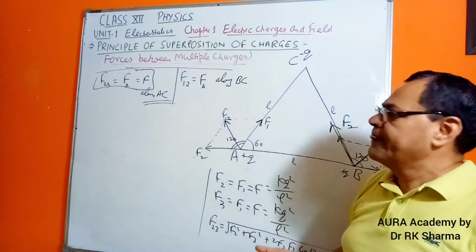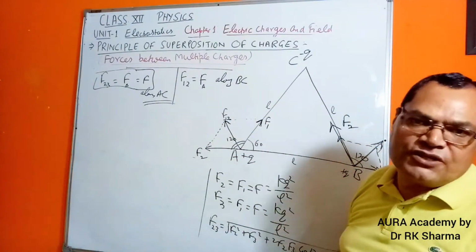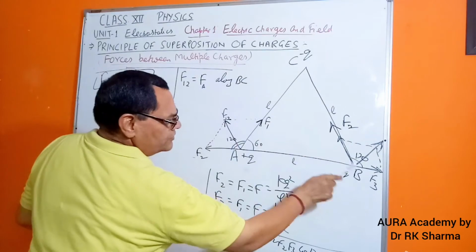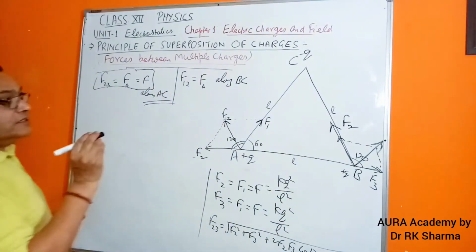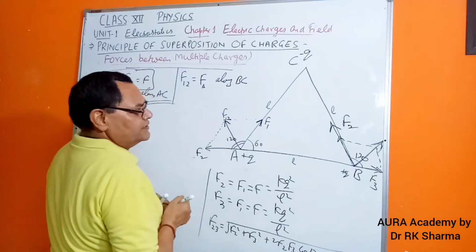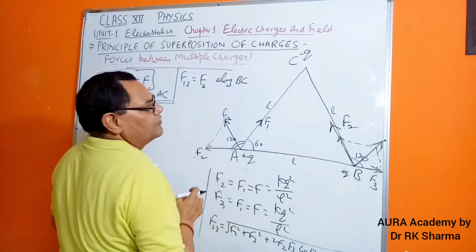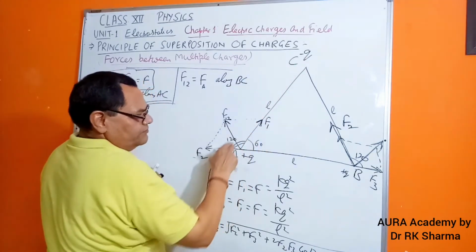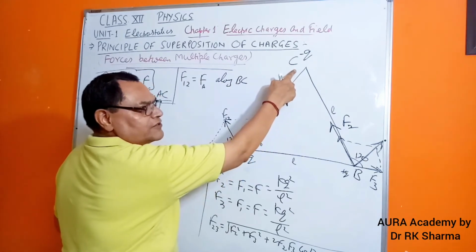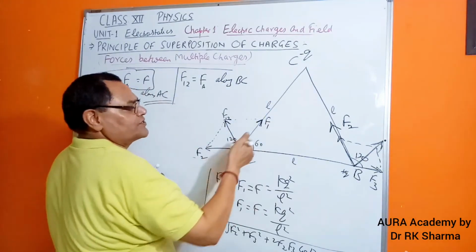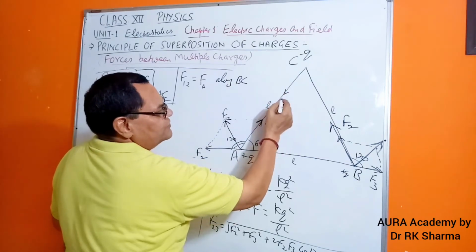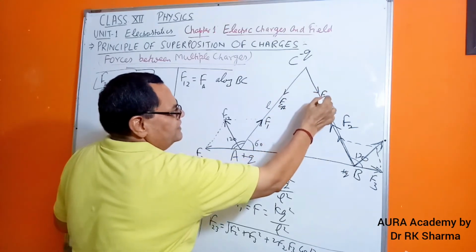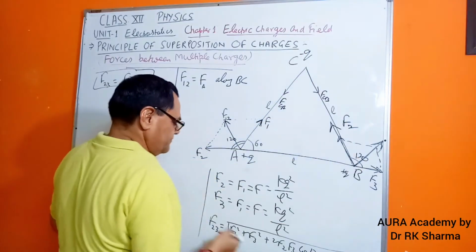So you say, sir, what is F? F is nothing but only KQ square by R square, simple, and values are known to us. So this way we got the total force at A, now we got the total force at B. Still the third point charge is left, so we need to find out the total force at this also. So when you talk about total force at C, what will happen? Because the force at C, this is negative, so it is a force of attraction between the two. So the point where force is to be calculated will now be attracted. There will be one force here, you may say it as FCA, and there will be one force this side, that is FCB, because this is negatively attracted towards this.